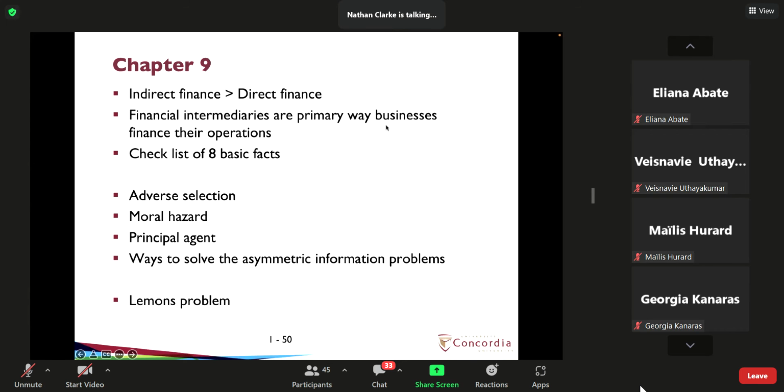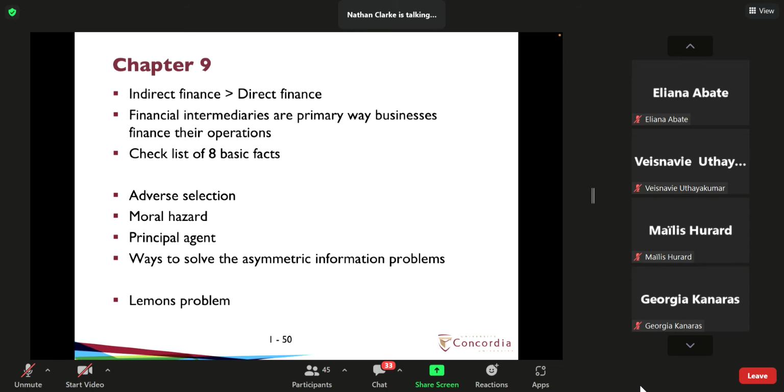So that's chapter 8. Chapter 9, again, it's more theory stuff. We're sort of building on from chapter 8. And the main thing that we're adding in here is the different kinds of asymmetric information problems, right? So you got the main three: adverse selection, moral hazard, principal agent. So understand the difference between the three and what it is,